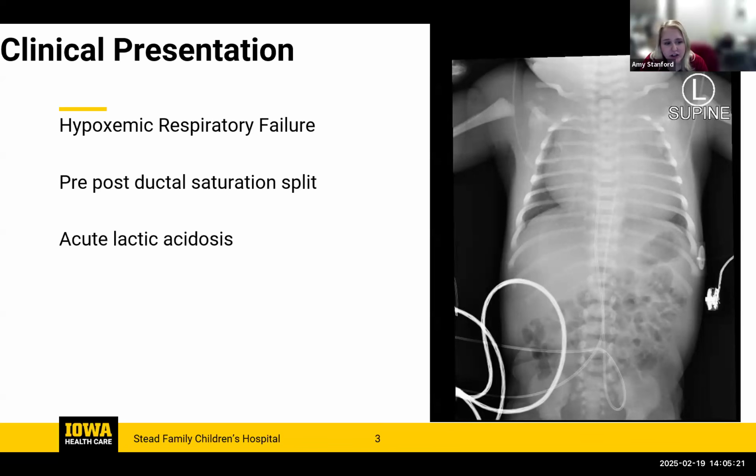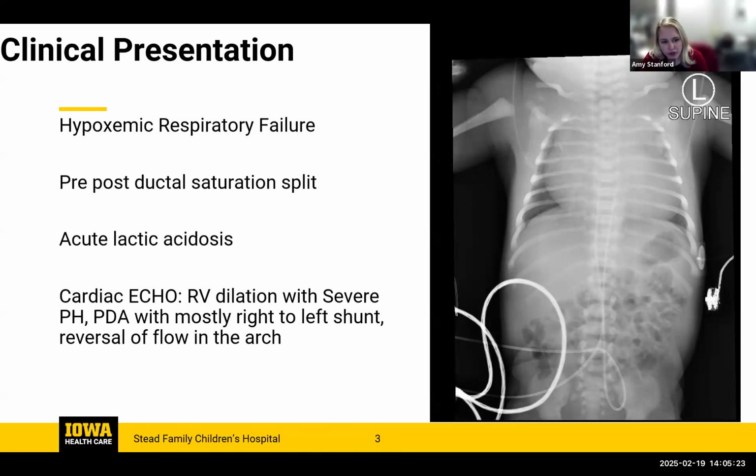So a cardiology echo was obtained, and it showed RV dilation with severe pulmonary hypertension, a PDA that was mostly right to left, and then buried in the report was reversal of flow in the arch. Based on all of this, a very astute neonatologist went and listened to the head of the infant and heard a bruit, which ultimately led to a diagnosis of vein of Galen malformation. This infant was then referred to a tertiary NICU center for further care,